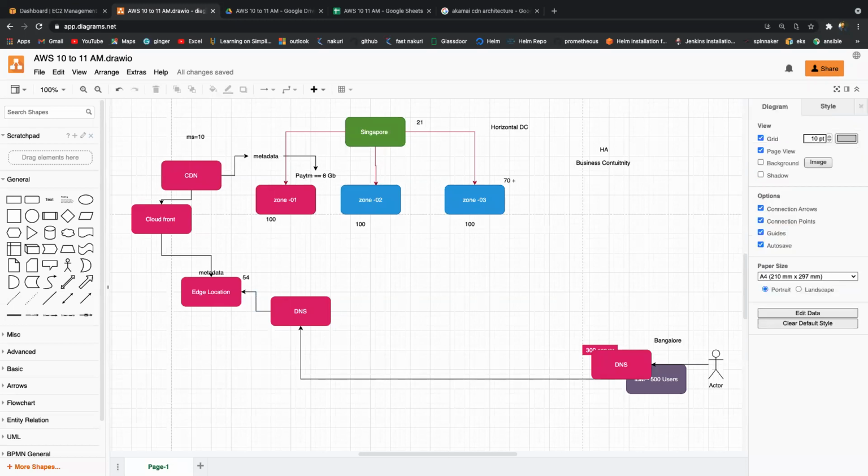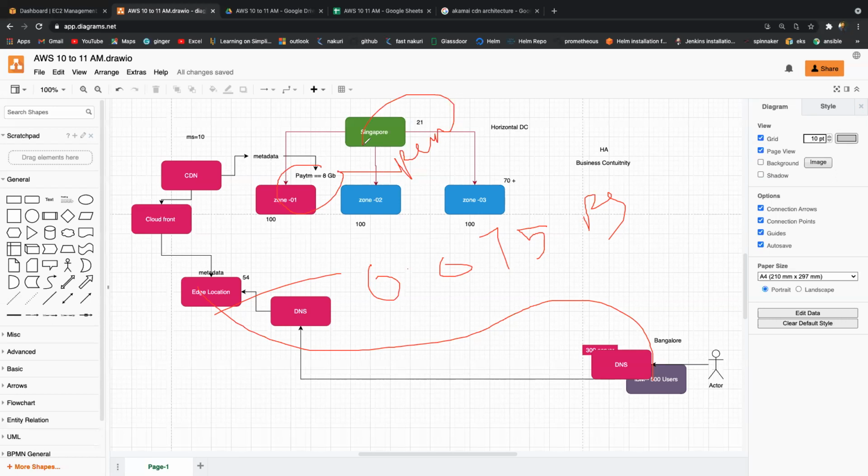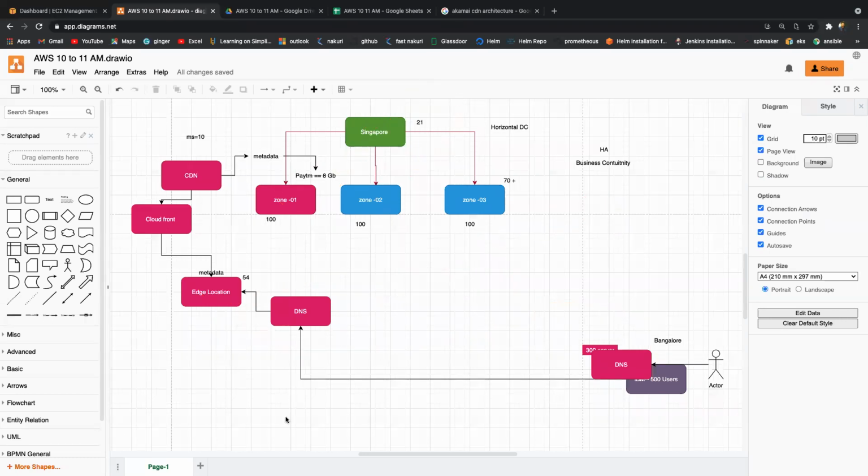How they charge is based on how many people keep hitting via the edge location. For each hit, you have to pay 0.075 paise. It's not a big cost. It's very cheap. For each hit via edge location, you just pay for each hit, however many subscribers are hitting. But for servers, if they are running, you have to pay for the running time. Make sense? So when you are building the data center, make sure the edge location is mandatory to avoid the latency.